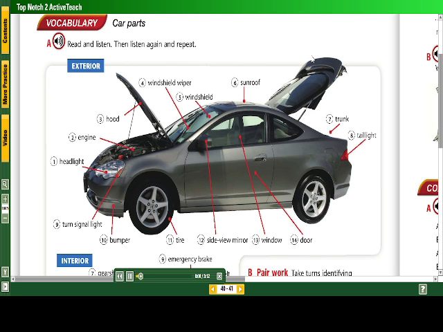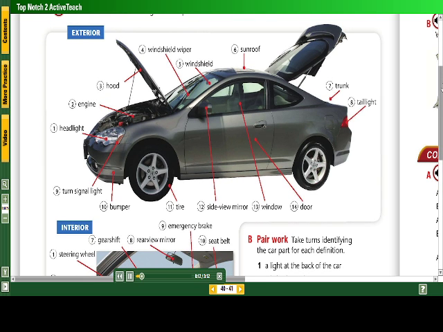Page 40. Vocabulary. Car parts. Exercise A. Read and listen. Exterior. 1, Headlight. 2, Engine. 3, Hood. 4, Windshield wiper. 5, Windshield. 6, Sunroof. 7, Trunk. 8, Taillight. 9, Turn signal light. 10, Bumper. 11, Tire. 12, Side view mirror. 13, Window. 14, Door.